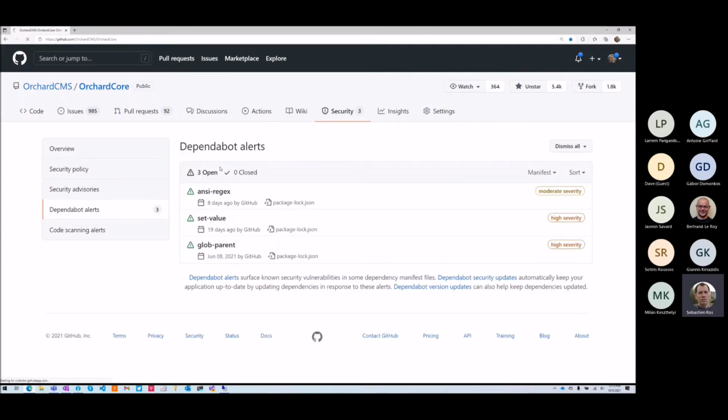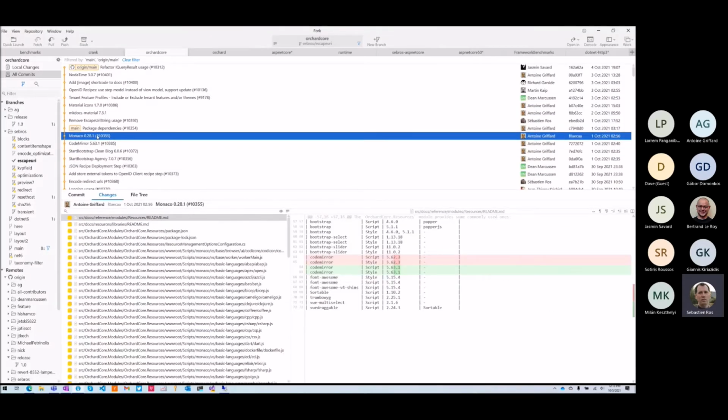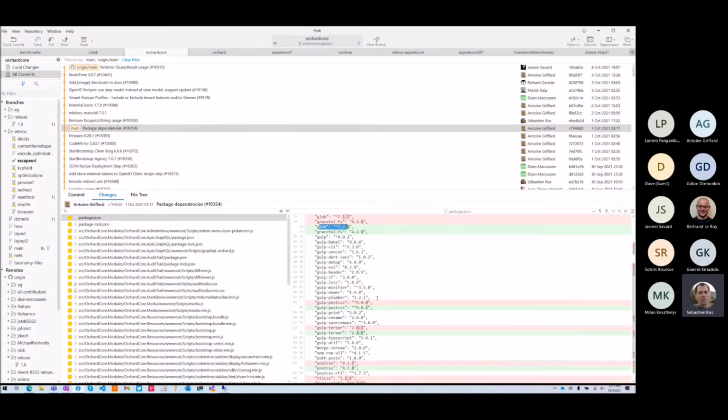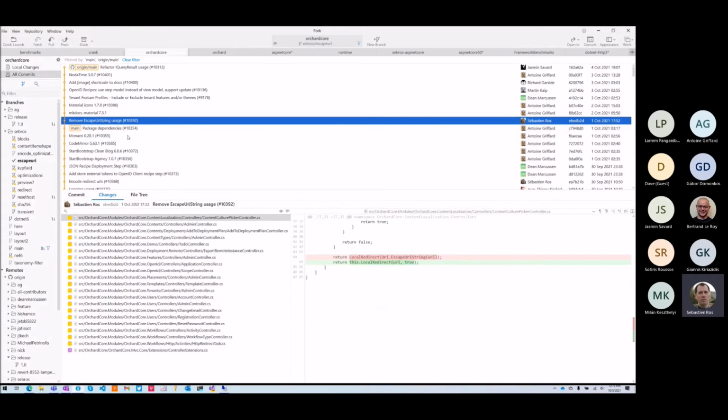Pretty cool, but I don't like this message. Code mirror update, Monaco update. Package dependencies. Remove EscapeUriString because, as I said,